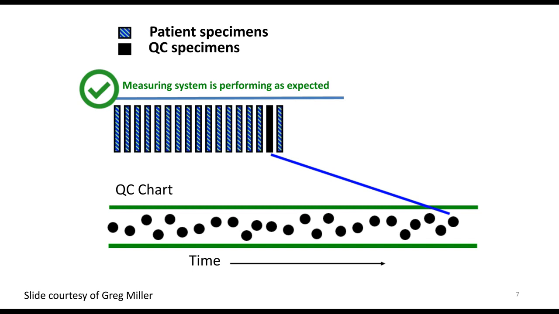So for a standard laboratory statistical quality control program, QC materials are integrated into the patient testing workflow and analyzed along with patient specimens at a frequency established by the lab. For example, the lab may run QC every shift or every 12 hours. The acceptance criteria are typically based on rules that assess the standard deviation intervals for the QC results.